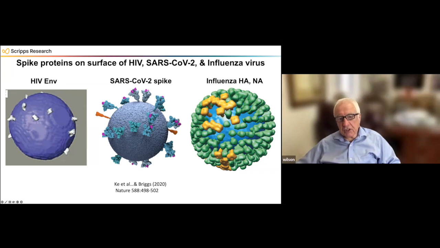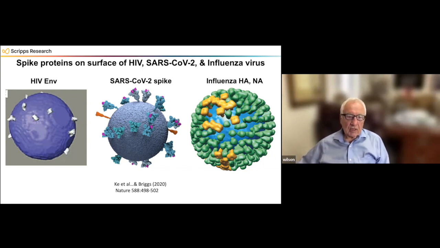For influenza virus, you can see there's a much higher density of these spike proteins on the surface. In fact, there's two different spike proteins. There's the hemagglutinin that helps you get into cells. It has the receptor binding site on it, and it binds to sialic acids on the surfaces of our cells. The yellow one here is neuraminidase, and it's a receptor destroying enzyme, and it cleaves the sialic acid off the infected cell and enables these new progeny variants to escape and infect new cells.